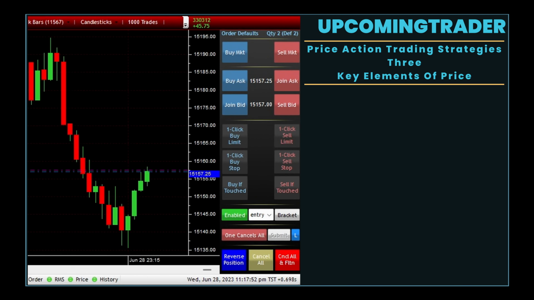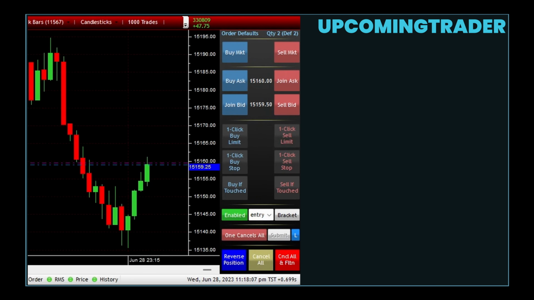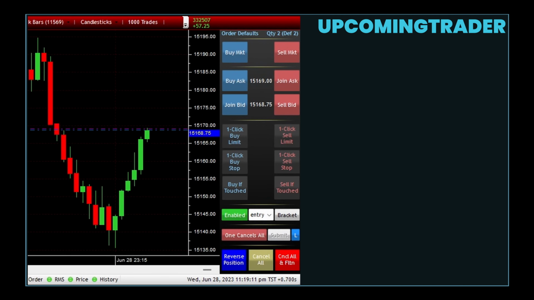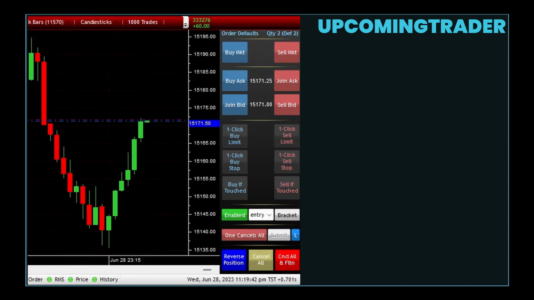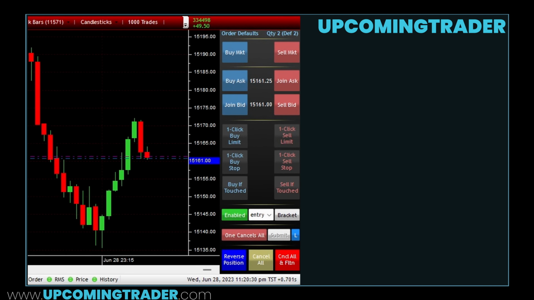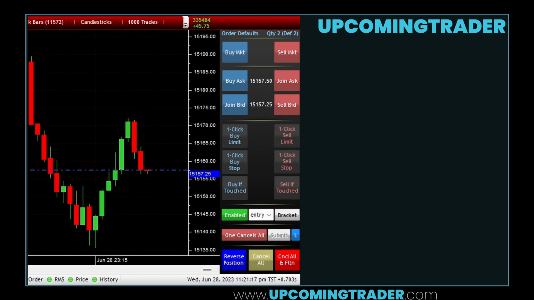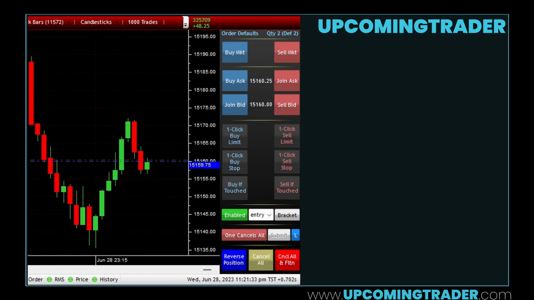Nasdaq E-mini futures, the three key elements of price action trading. In the realm of Nasdaq E-mini futures contracts trading, aggressive market participants play a pivotal role in shaping price movements. However, the strategies that they employ, whether it's swing trading or otherwise, these large institutions dictate the market's overall direction. On the other hand, day traders, even when engaging in swing trading, may not exert as much influence on the market as their larger counterparts.